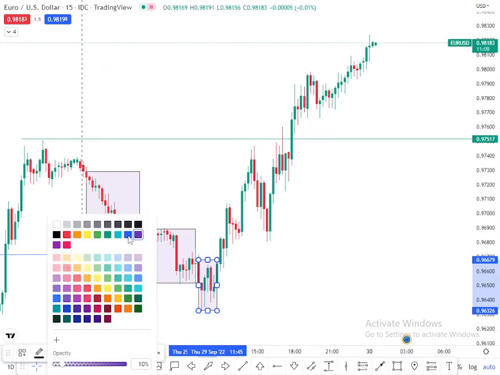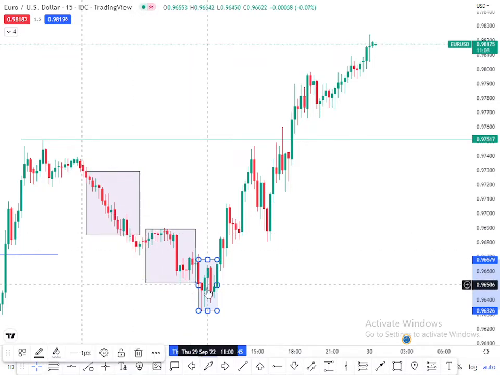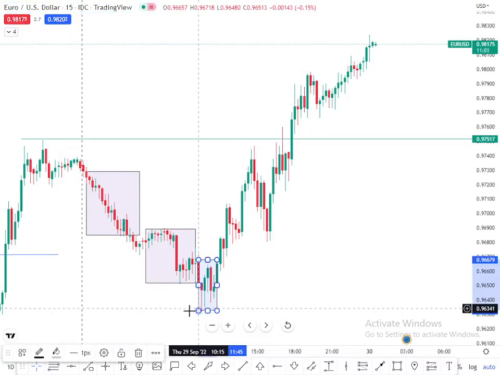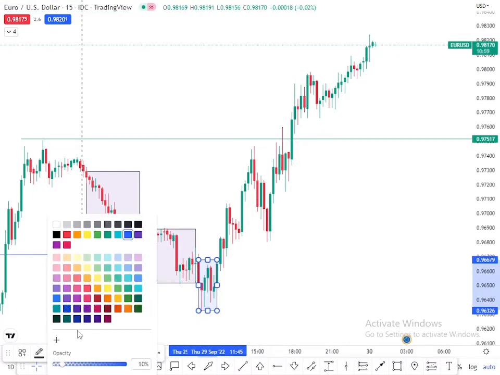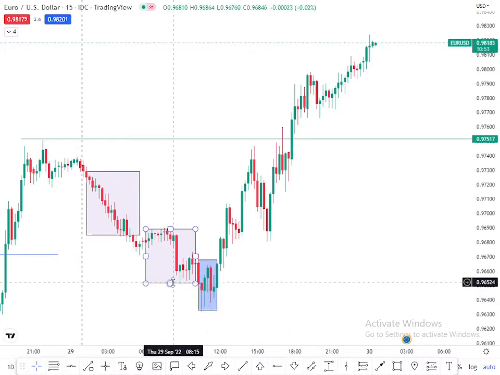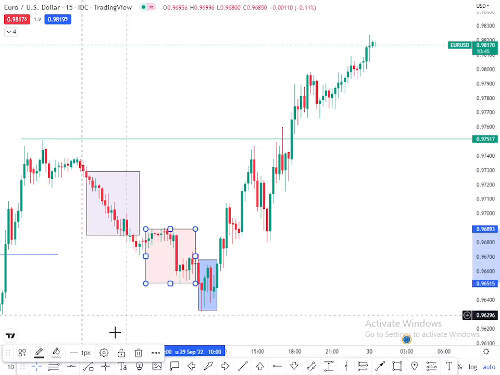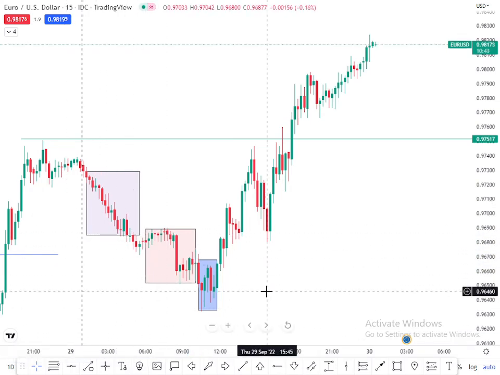We can give it a blue color. Increase the affinity to here. This one we can change it to that one, as now the market is going up,